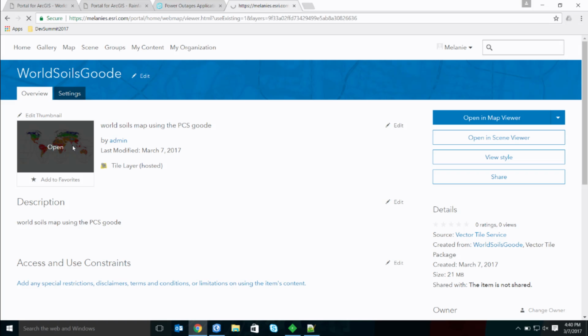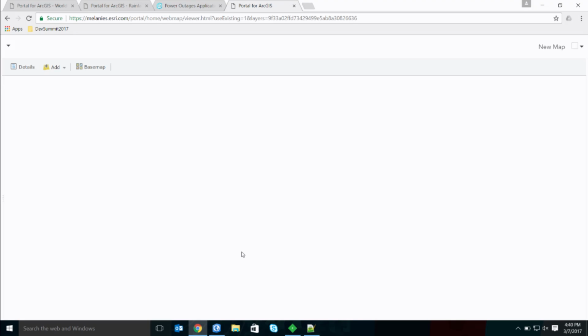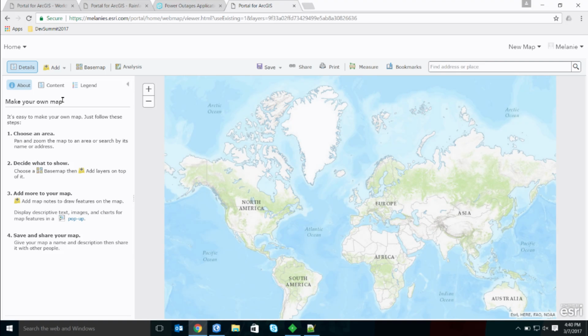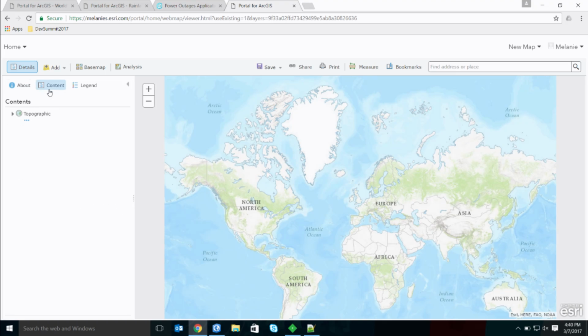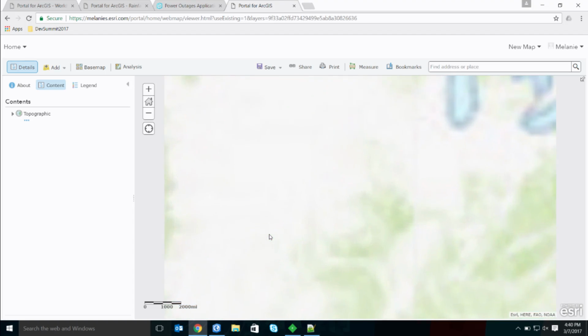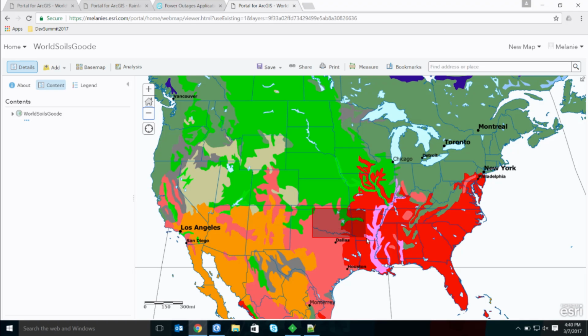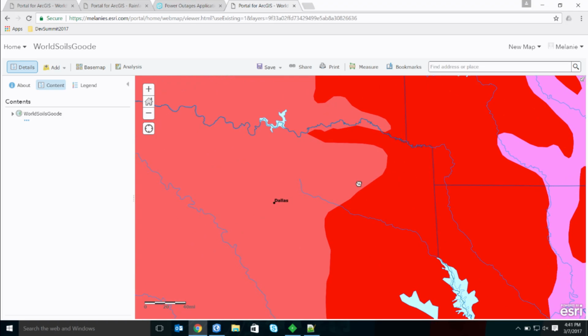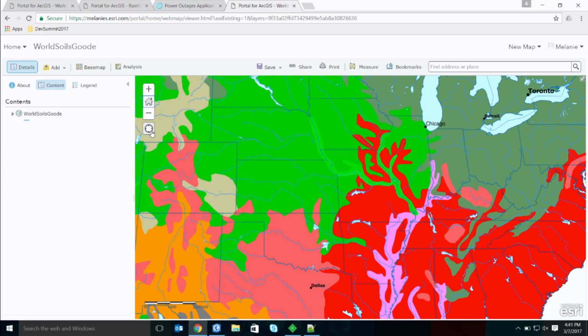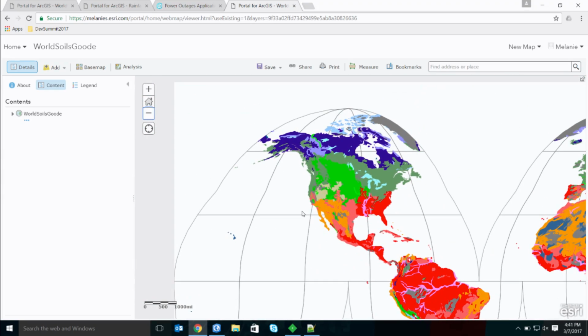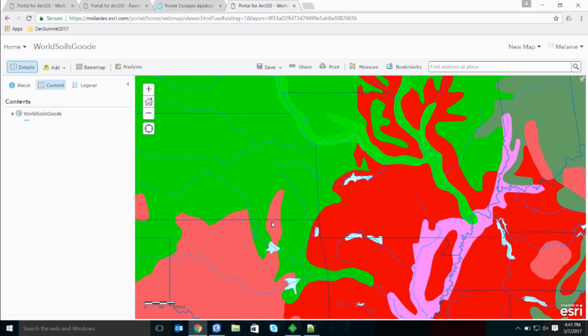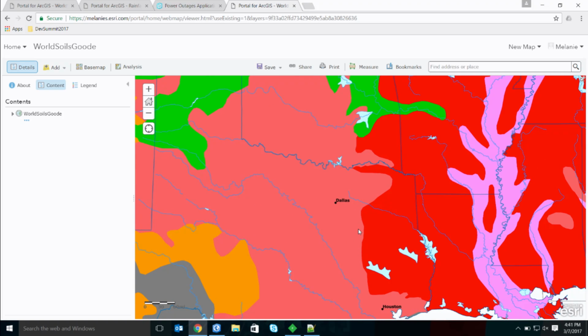Okay, so I'll go ahead and open up that vector tile layer. And again, because that tiling scheme doesn't match the topographic base map, it's going to end up replacing it. And there it is. So you can see as I zoom in and pan around, the visualization is really quick. It happens really nice and quickly. One of the cool things that happens is as you rotate your map, you can see those labels kind